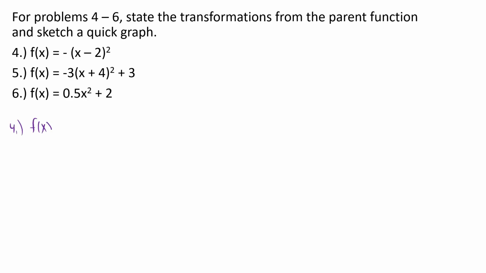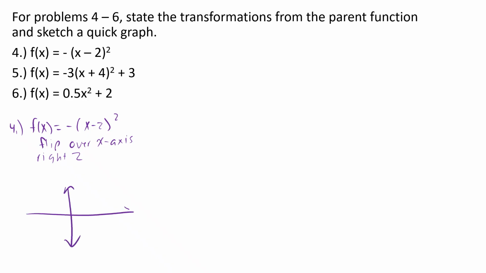So for number 4, you would start by stating the transformations. So I see that there is a flip. That flip is going to be over the x-axis, which is all I typically would do for a parabola, and it's going to go right 2. So here's what I mean by a quick graph. Mark off that it goes to the right 2 so that we can anchor that, and put the vertex down,